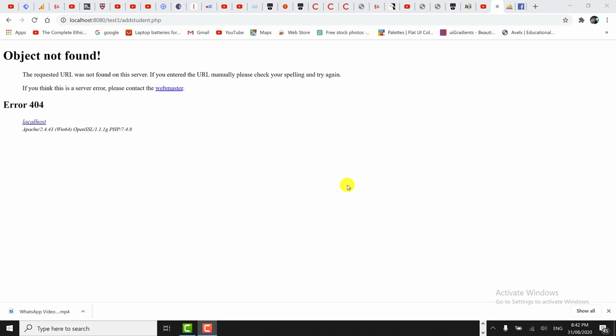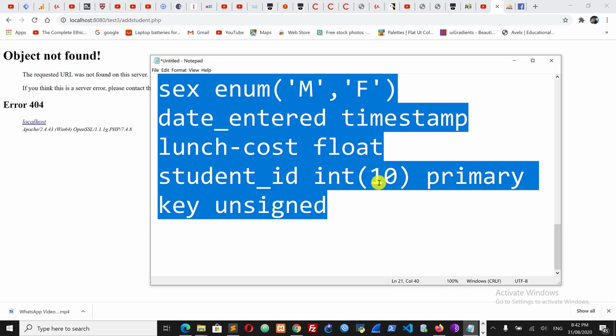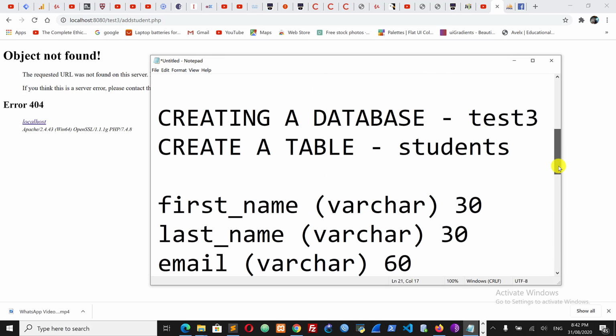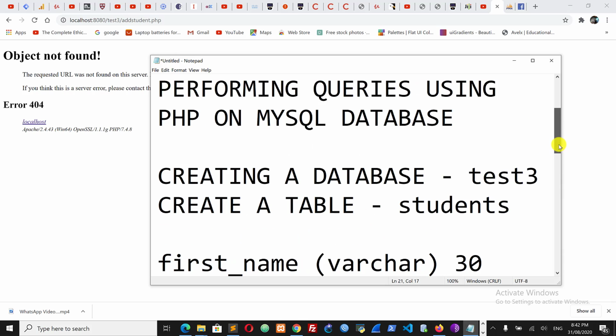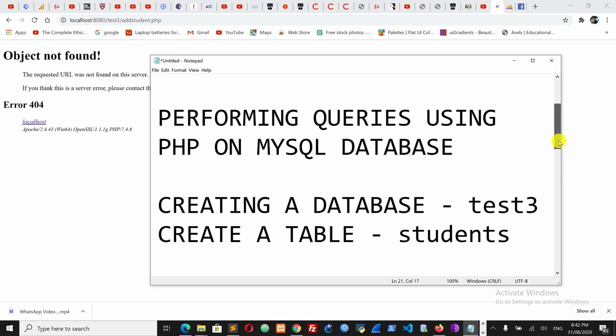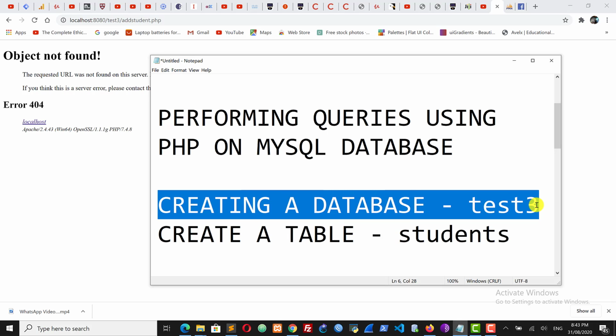Welcome guys, we are back to the second tutorial on PHP MySQL. In the last video we looked at how we're going to structure our code. We looked at what we're going to do. We're going to create a database, we're going to create a table, we're going to create queries. But we're going to start with creating a database, and we can create a database either using the command line